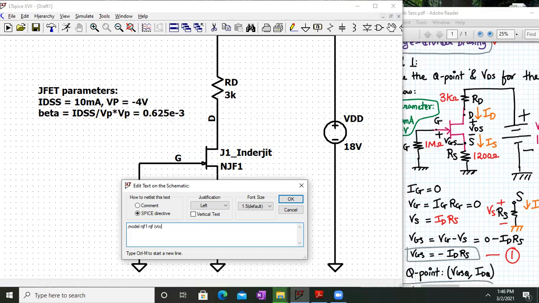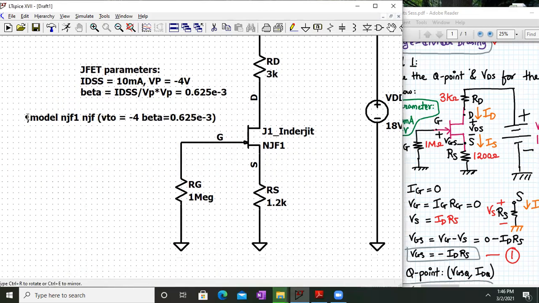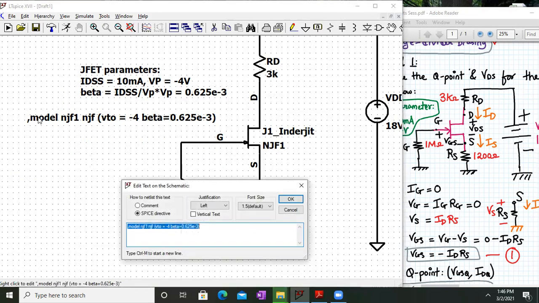For VP we have the terminology VTO in LTSpice's dot model statement, and then write beta equal to 0.625E-3. Remember, this beta is not the beta of the BJT transistor; it is just the formulation they have given. I'll click OK and paste it onto the screen like this. So this is my dot model statement.